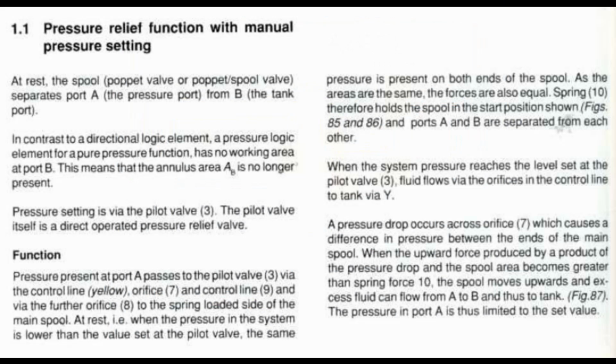Function. Pressure present at port A passes to the pilot valve, 3, via the control line, orifice 7, and control line 9, and via the further orifice, 8, to the spring-loaded side of the main spool. At rest, i.e. when the pressure in the system is lower than the value set at the pilot valve,